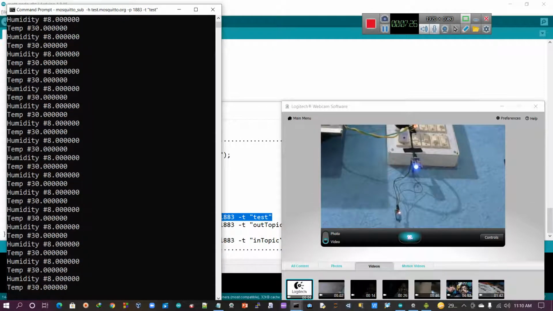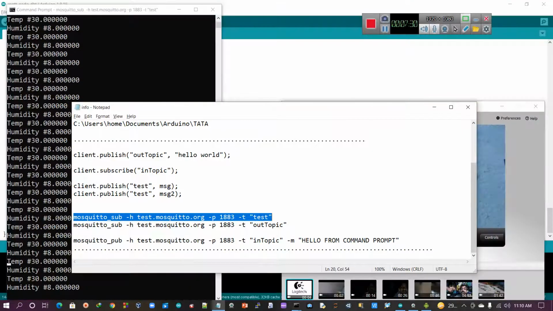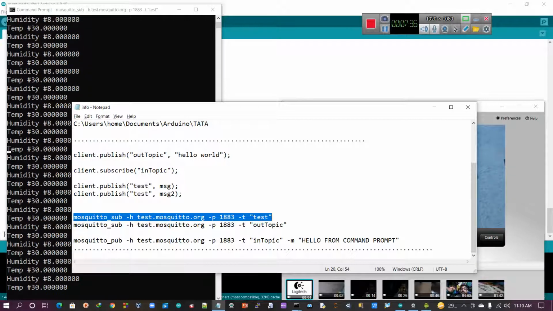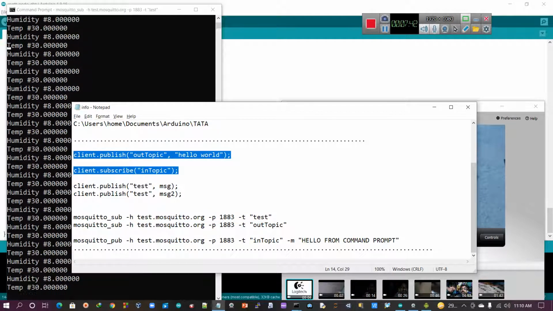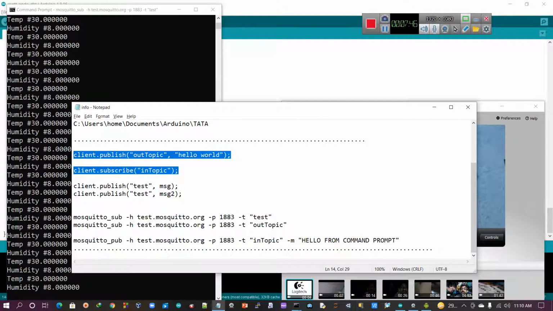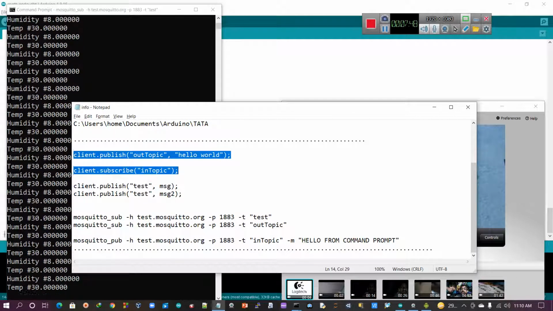Now, just testing for another topic. As I told you, client.publish with the out topic, and the in topic. Both lines of code are written within the NodeMCU program, the Arduino program. Checking one by one: first, client.subscribe in topic means this NodeMCU has already subscribed to the in topic.